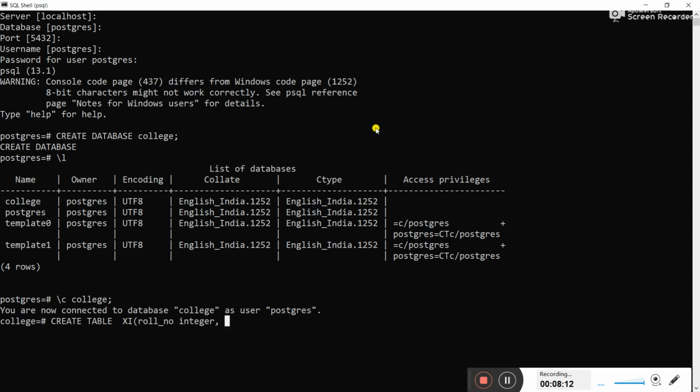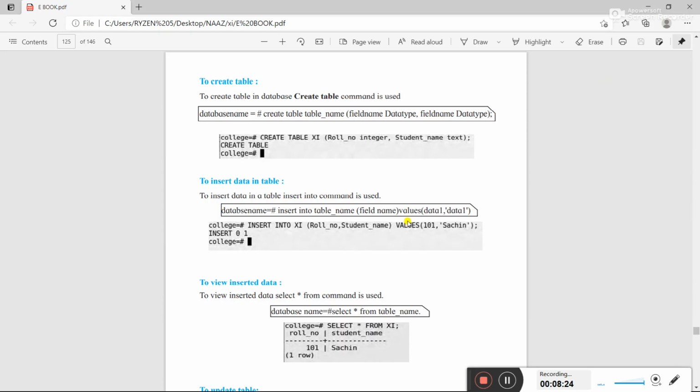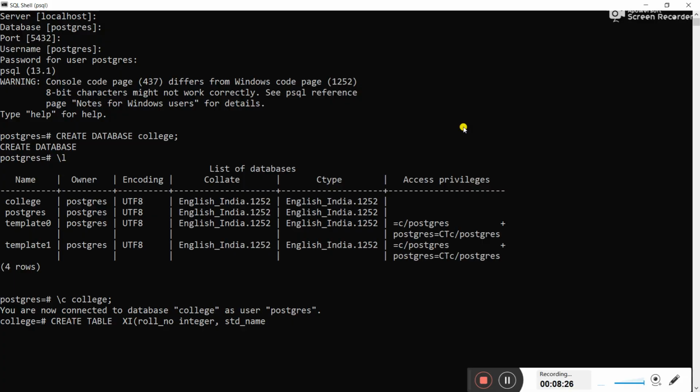Now the second field name is student name. See here, the second field name is student name as text type of data. So we are going to write the data type as text. Text type of data means you're going to enter text data in this, correct? Then type the semicolon and press enter. After you press enter, you will get the create table message. When you get this create table message, that means you have successfully created a table with the name 11